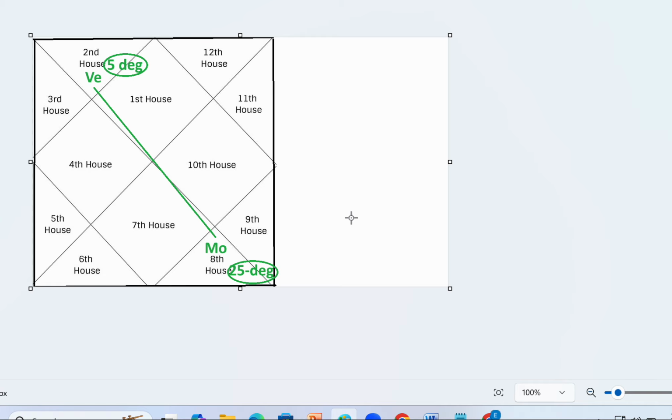One more thing, I will say that it is completely missing Venus. It is only hitting the end part of the second house, because 25 degrees is the end. I will say these negative effects will not come even 30%. Why? I'm throwing an arrow. If it is somewhere between 20 to 30 degrees, Venus would have been here. That arrow would hit Venus, which is thrown exactly by Moon.